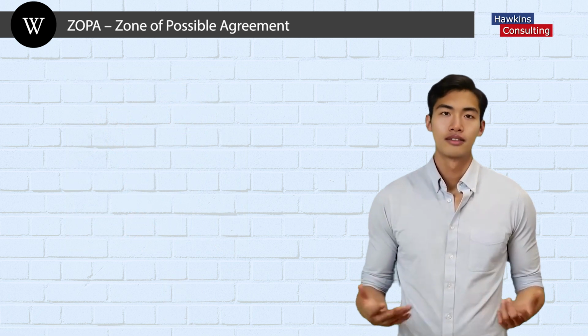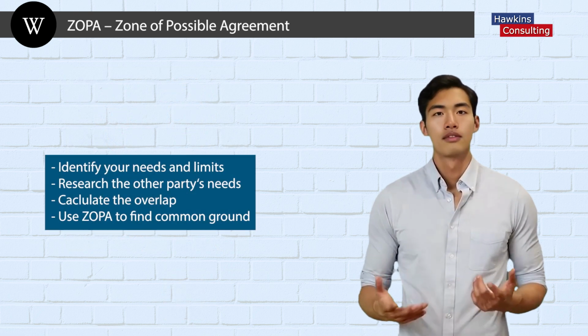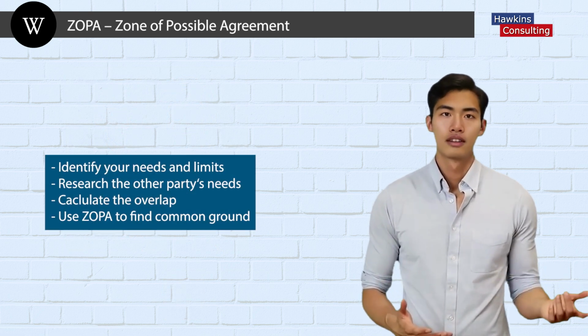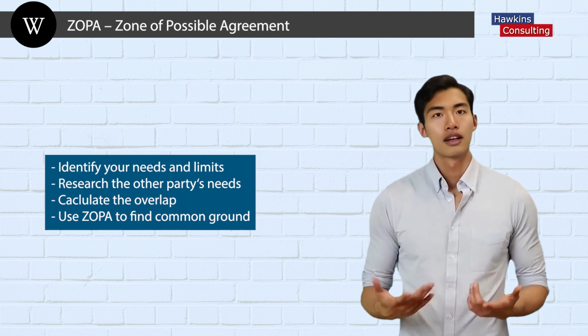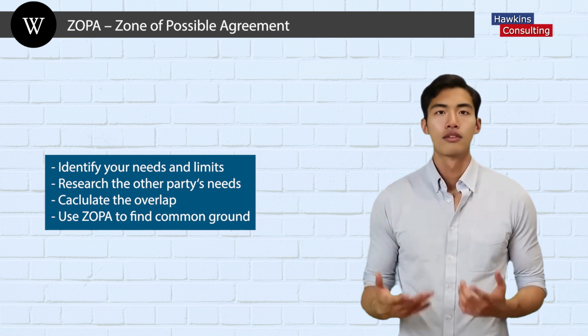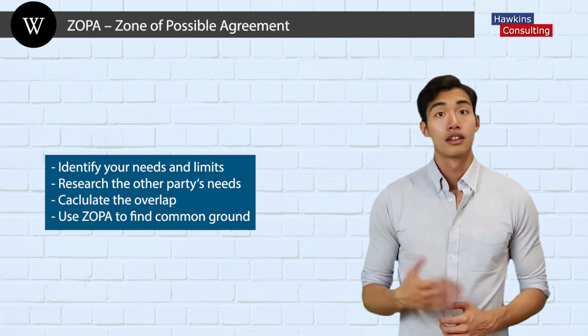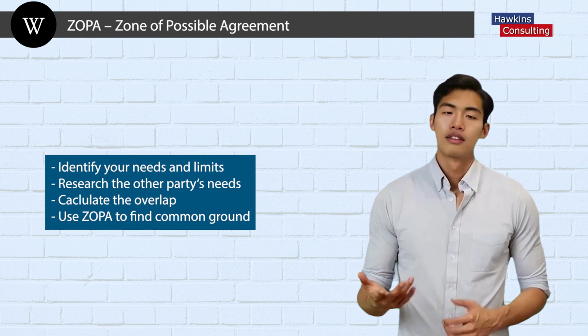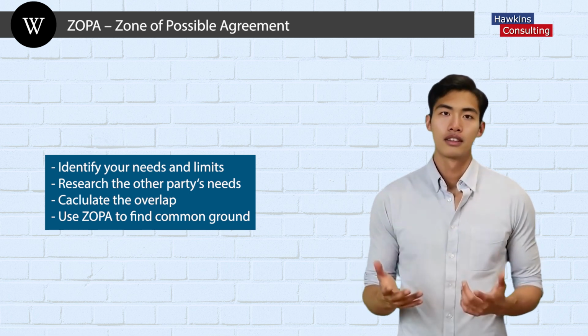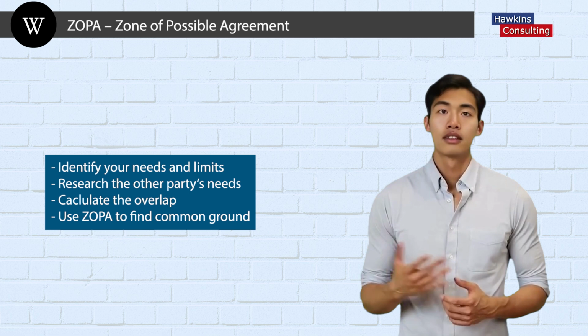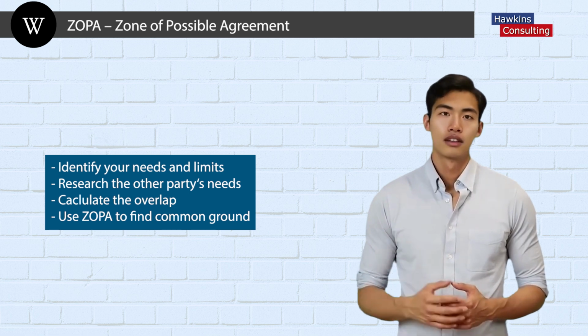To summarize, ZOPA is the zone of possible agreement where both parties can find mutual benefit. It helps you negotiate effectively by identifying common ground and ensuring you don't settle for less than your minimum acceptable outcome. By understanding your needs, researching the other party's needs, and identifying the overlap, you can use ZOPA to